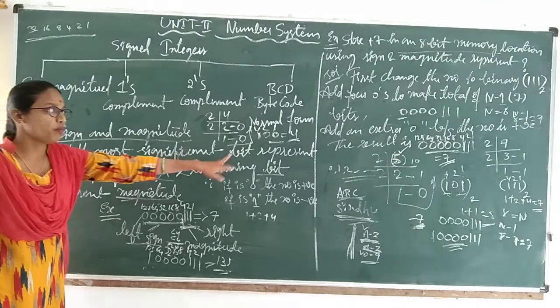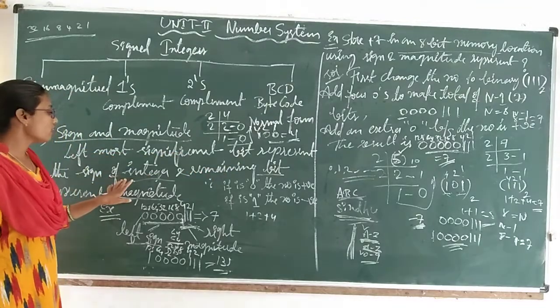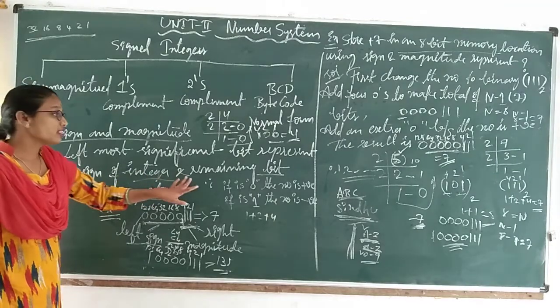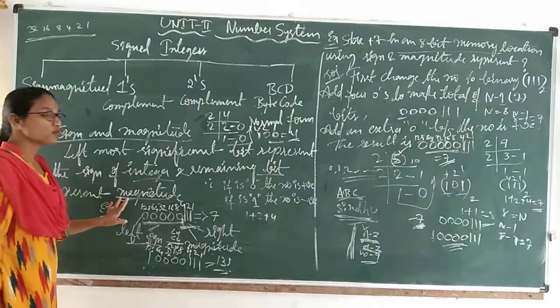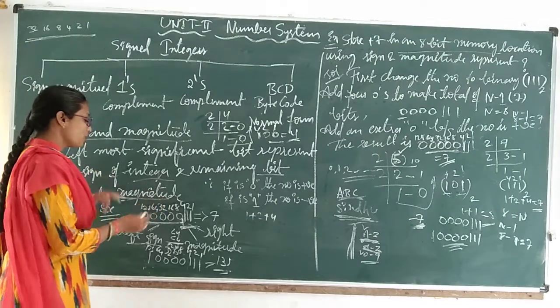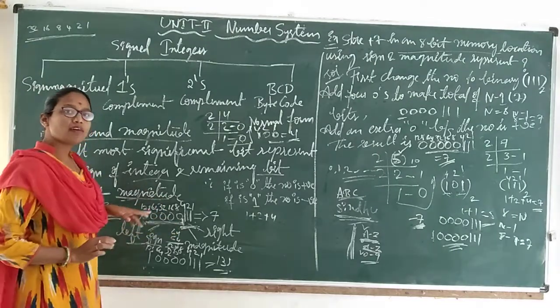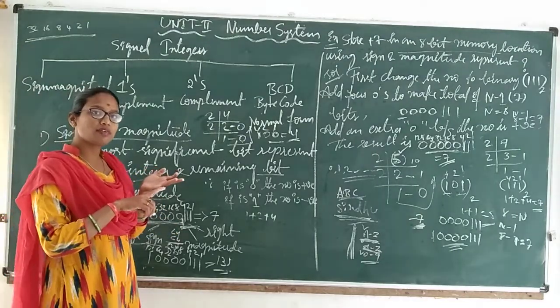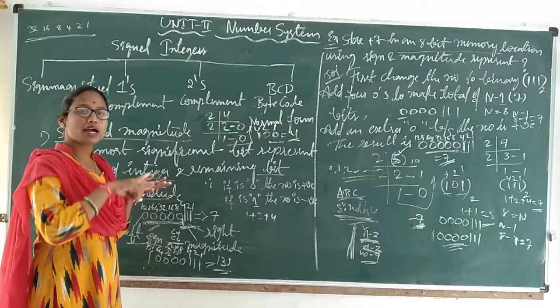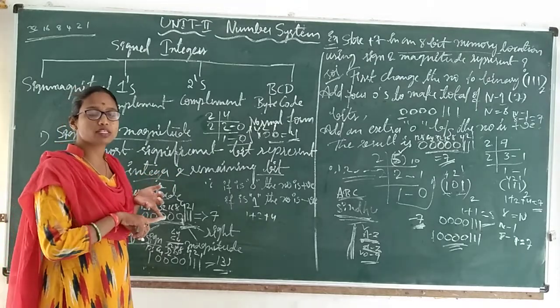Next, sign and the magnitude. Leftmost significant bit represents the sign of the integer and the remaining bits represent magnitude. For example, in a binary value, the leftmost bit represents the sign value, and the rightmost bits represent